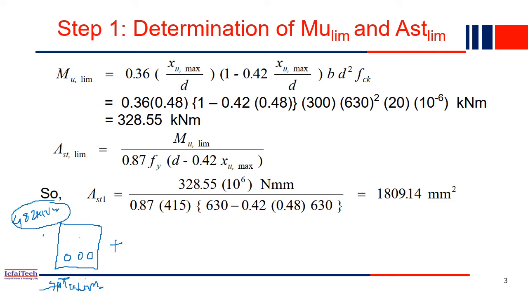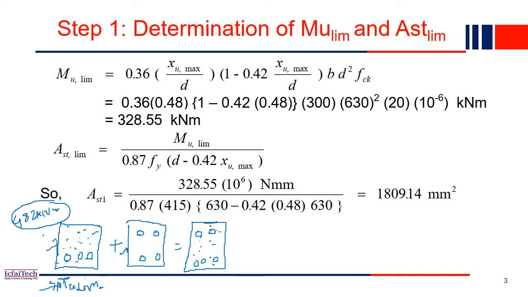In that case, Mu,lim is there, plus we have to add additional reinforcement for the doubly reinforced case. So we have to provide compression reinforcement as well as tension reinforcement, and then we get our doubly reinforced section. In the singly reinforced section, the concrete is there everywhere, whereas in this section there is no concrete, only steel. This is our main doubly reinforced section where reinforcements are on both sides, and this is the concrete part. So Mu,lim we get from the singly reinforced section,